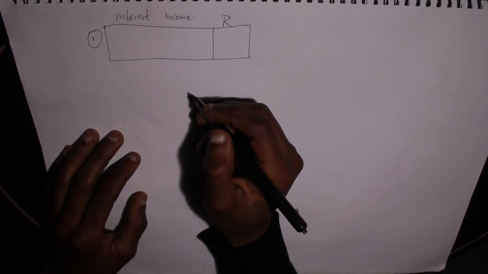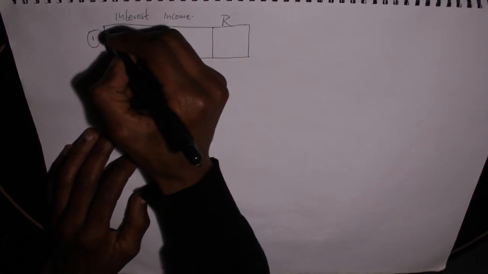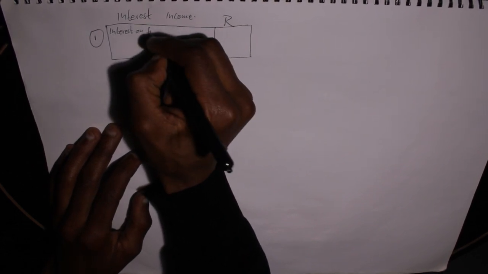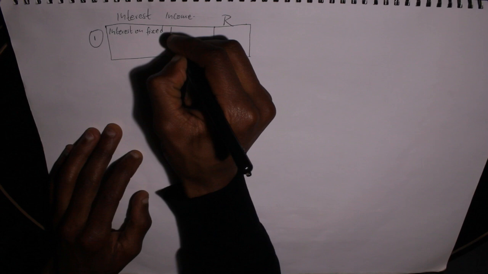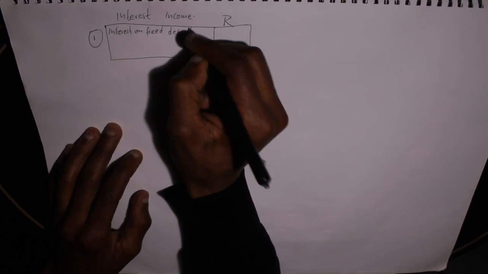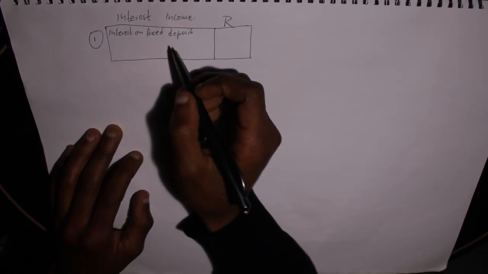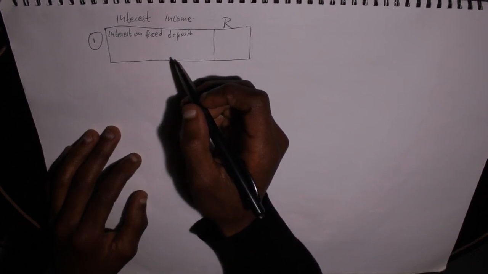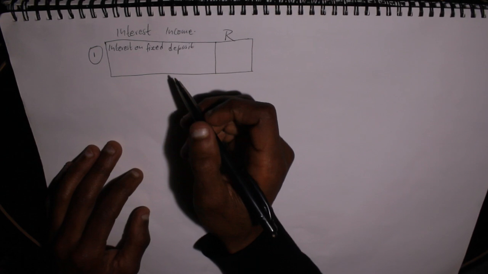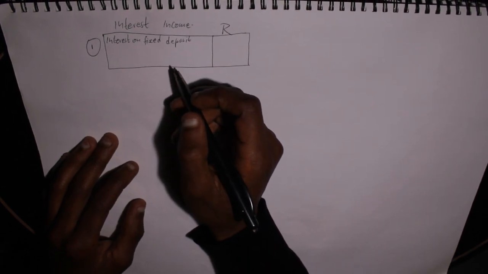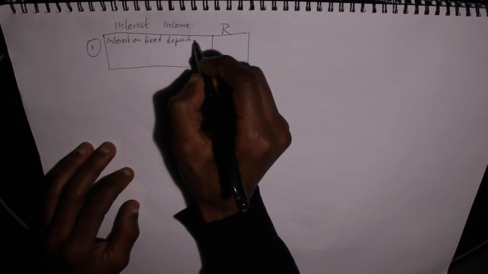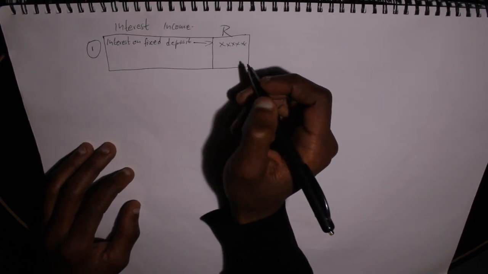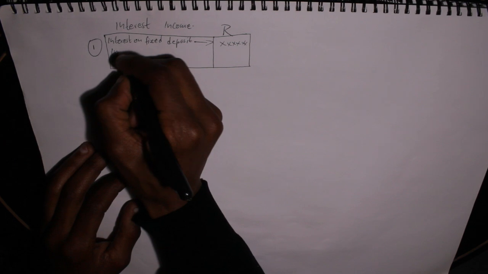Under interest income, we have interest on fixed deposit. Remember, your fixed deposit, this is the money that you put in your bank for a period of more than a year, which is an investment. Therefore, the bank will pay you interest each and every year, and then now the amount, you will show it here. And then we also have interest on current account,